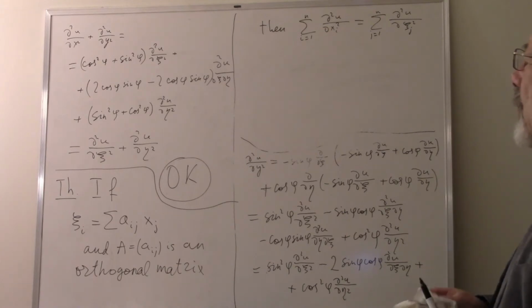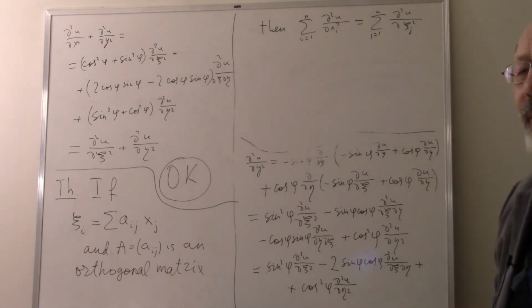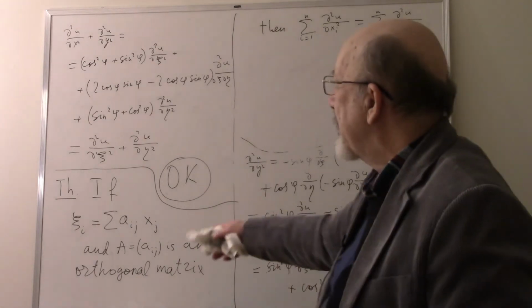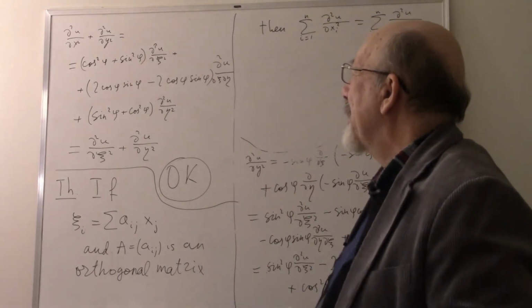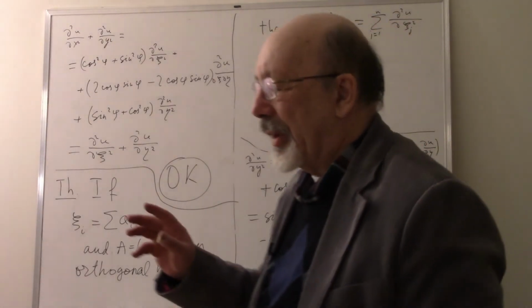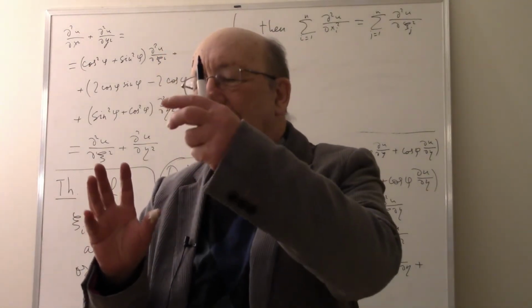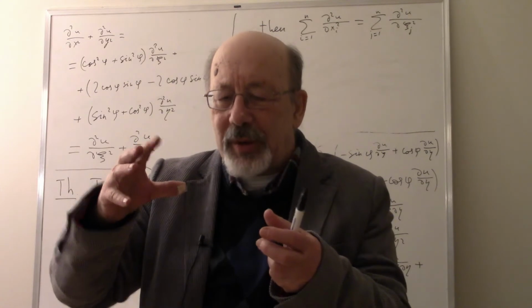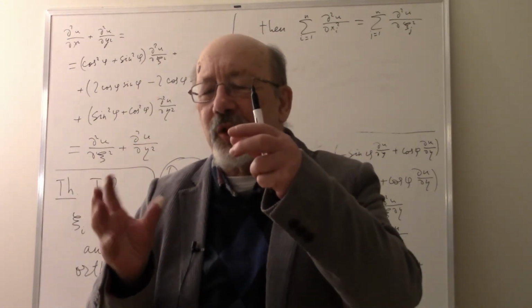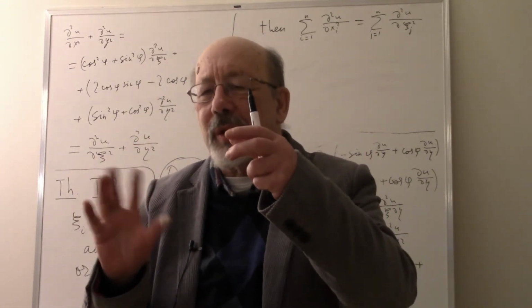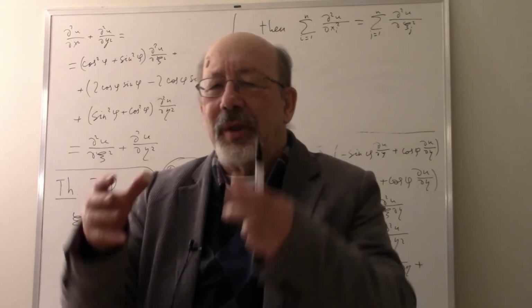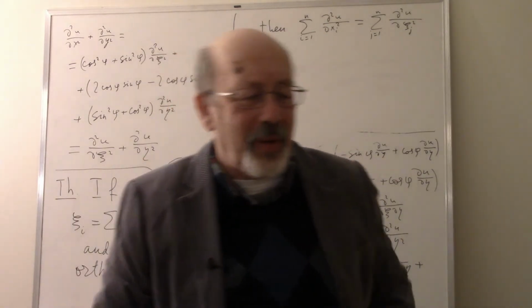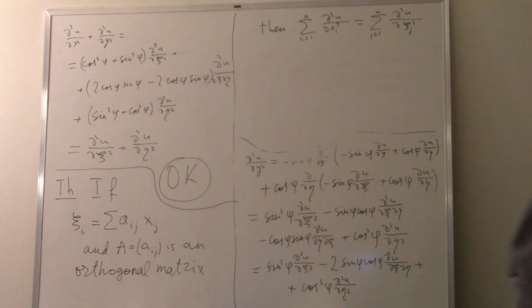I don't prove this theorem. You can think yourself how to prove it. In fact, it is reduced to the previous theorem. You simply say that in 3 dimensions you can obtain any rotation by composition of 2 rotations in 2 coordinate planes. So you can think about this yourself.